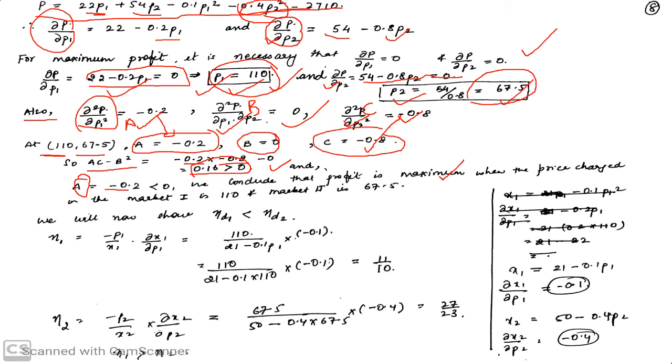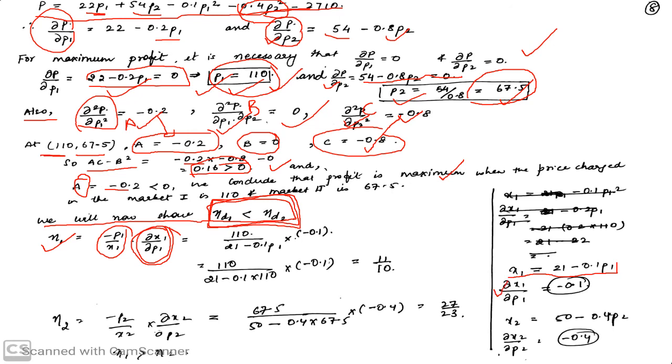Now we have to see elasticity, देखना है हमें, we have to now show that price elasticity in the market 1 is less than the price elasticity in the market 2. मतलब जिस मार्केट में हायर प्राइस है उसकी प्राइस इलास्टिसिटी लोअर है। इलास्टिसिटी का फॉर्मूला आपको पता है, मार्केट 1 की इलास्टिसिटी हम निकाल रहे हैं -P1/x1 into delta x1 by delta P1, ठीक है। Come here, you see x1 जो है हमारे पास स्टार्टिंग में एक फंक्शन दिया हुआ था, ठीक है, 21 - 0.1 P1 है, हमें क्या चाहिए, हमें ये चाहिए delta x1 by delta P1, तो हम इस फंक्शन को डिफरेंशिएट करेंगे,